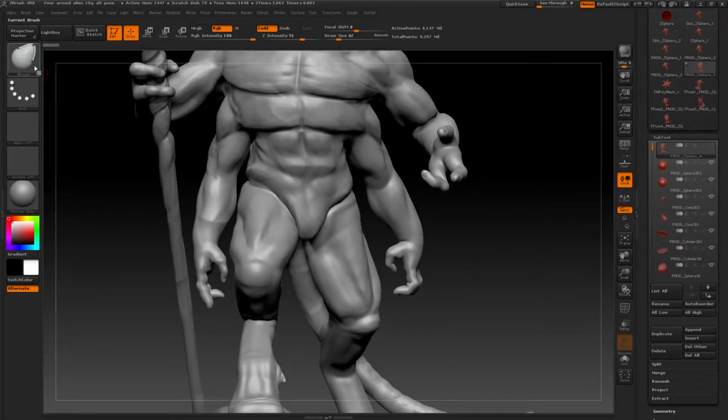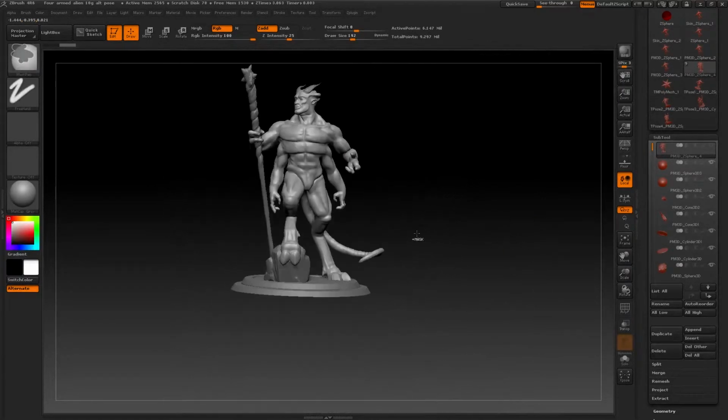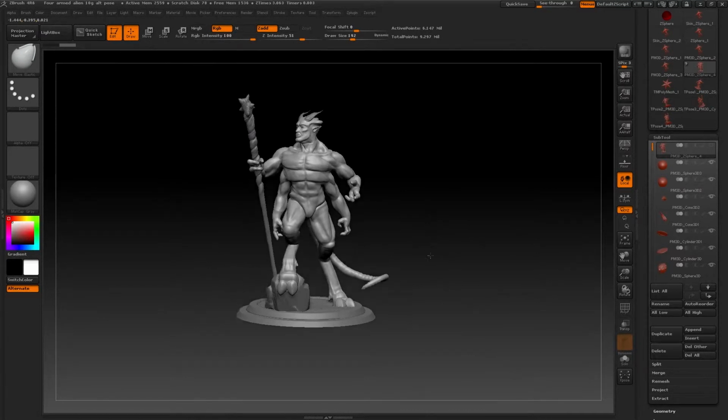I see something else I can fix with the Move Elastic tool. Yeah, there you go. So there, I have a lot of fixing to do on him. So yeah,